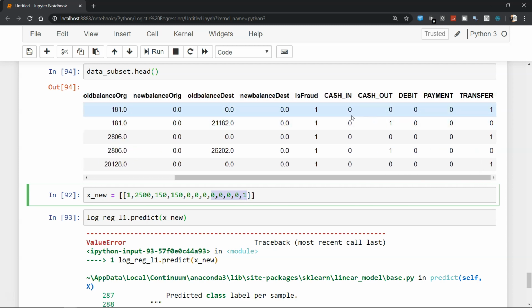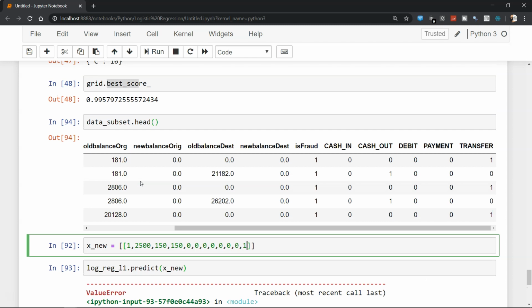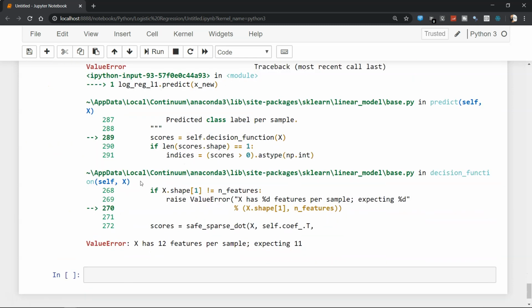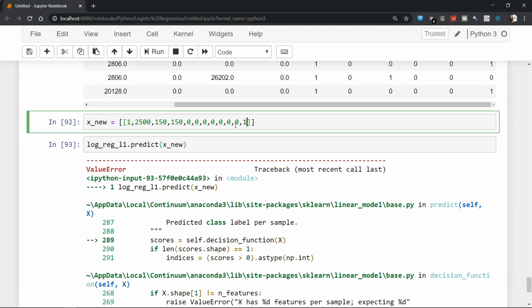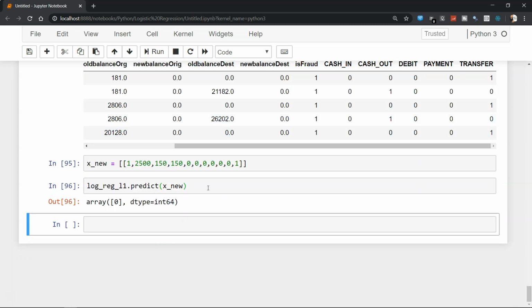After that 1, 2, 3, 4, 5. So overall, I believe I am giving the correct values. But let me just satisfy this requirement, and it predicts 0.